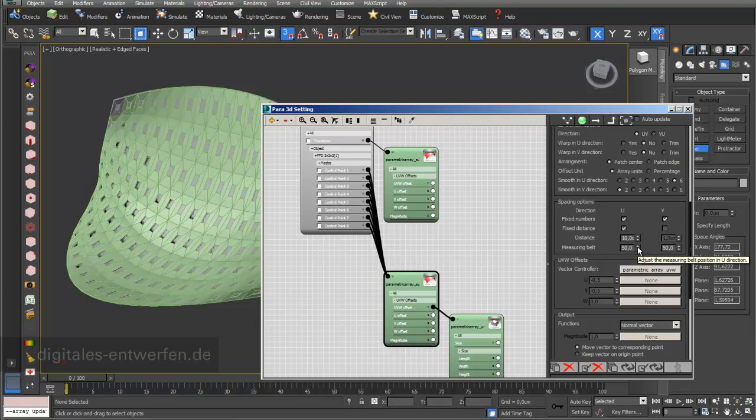function. If I just switch this on, you can see that position 50 is the middle of my surface, and depends on where you move this measuring belt. It just tells you at this position it has to be the distance of 10 centimeters. We also have this in v direction, and this is something to understand, but it's also quite obvious. The v direction defines this distance,